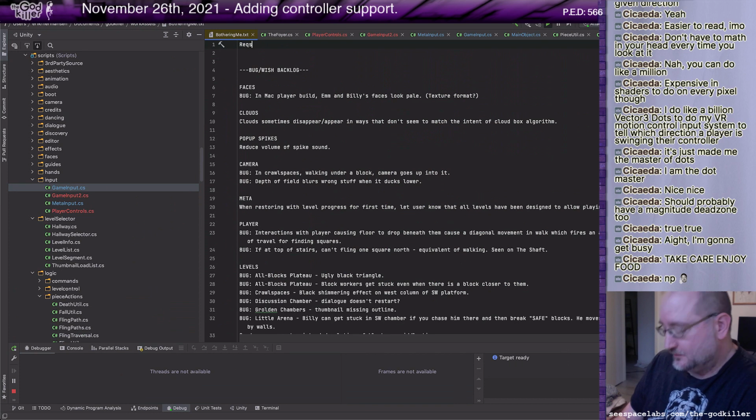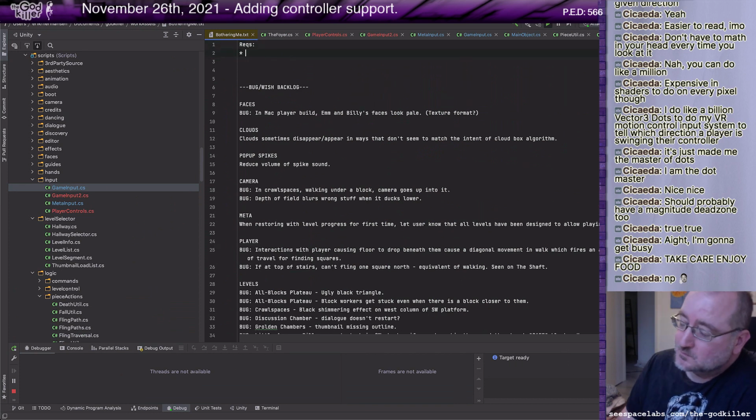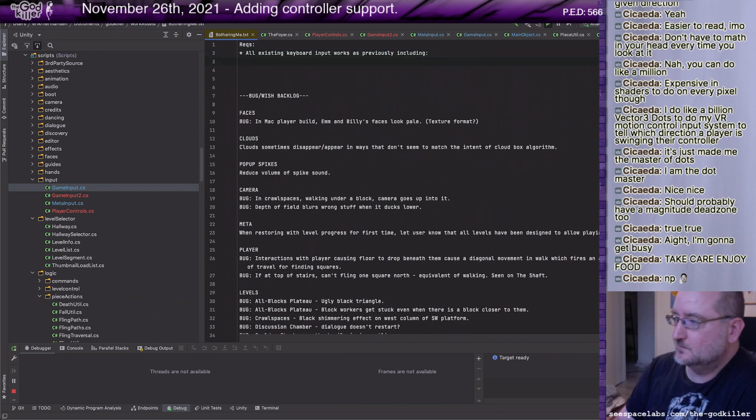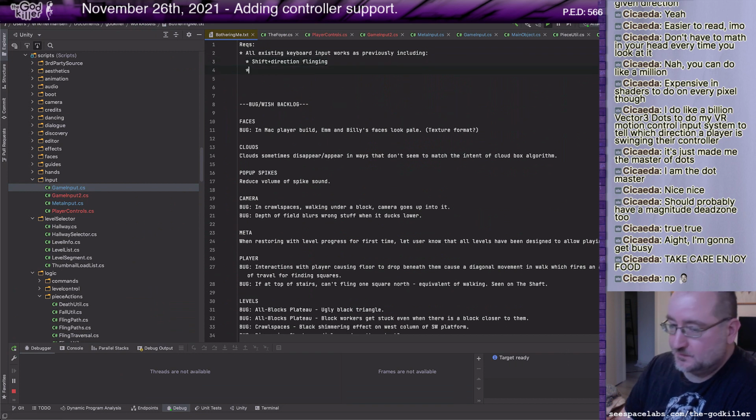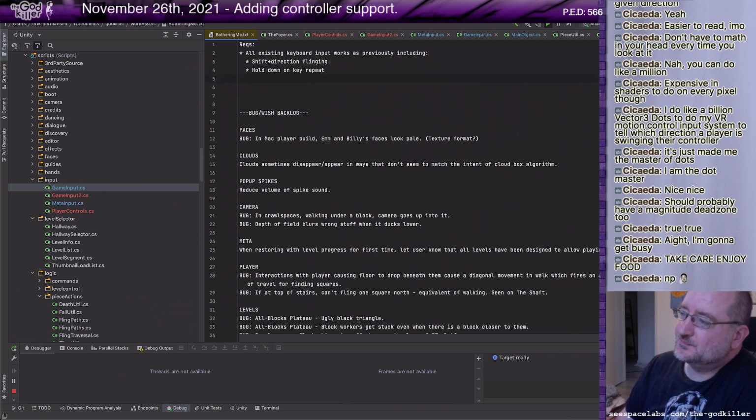Okay, my requirements. All existing keyboard input works as previously, including shift plus direction flinging, key repeat, hold down on key repeat, and other subtleties.